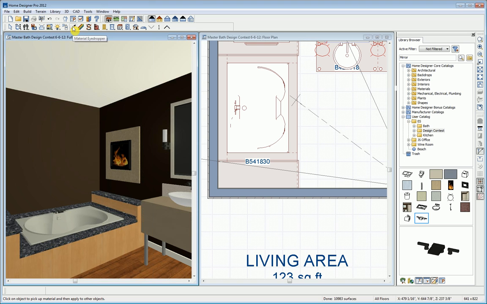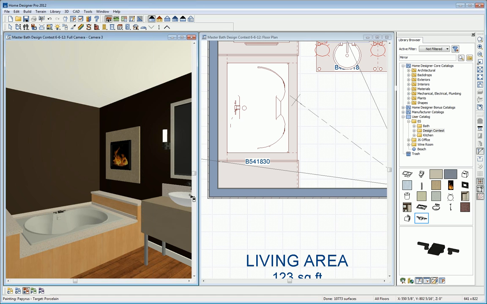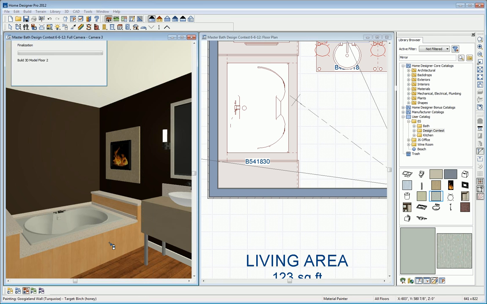So I'm going to single click on that material eyedropper, single click on the backsplash on the vanity area, and I'm still in room mode. You'll see the R in room mode. You can also do this for the entire floor or the entire plan. And with one click, we can apply that. All right, so now for the surrounds, all of our cabinets here, I'm going to change that to a different color here. All right, so now that we have that up and completed,